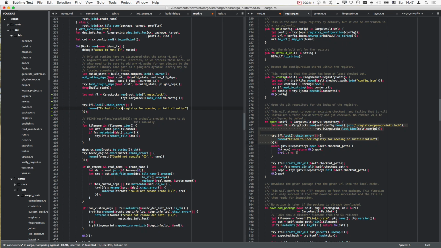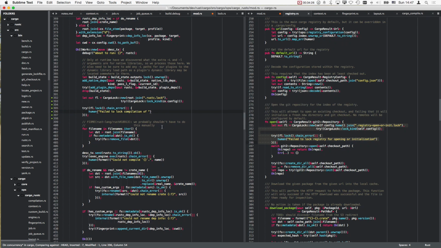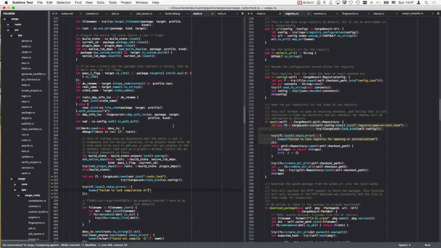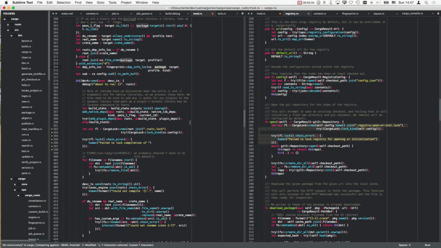Fail to lock. Compilation. Now it would be useful, I guess, to have information about the package that we want to do. Profile package. So I guess I can just do this. This worked before, provided I format this. Here we go. Yeah, so that should work. So, well, now that we have a lock,